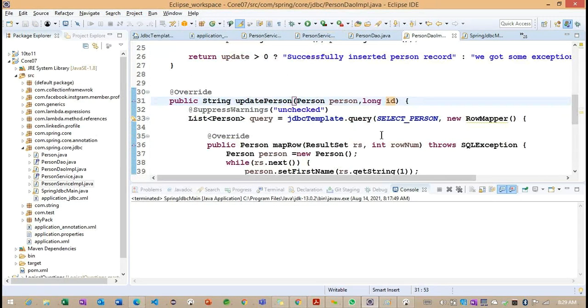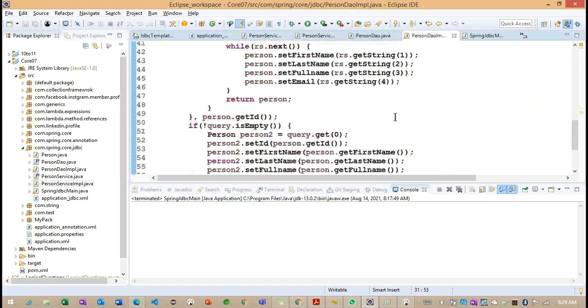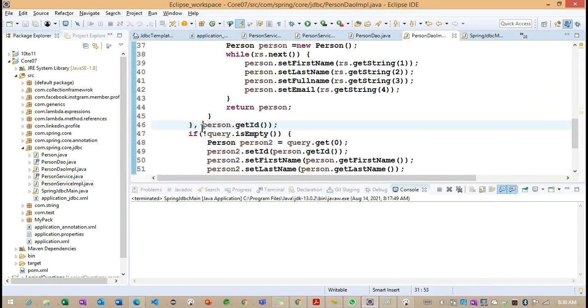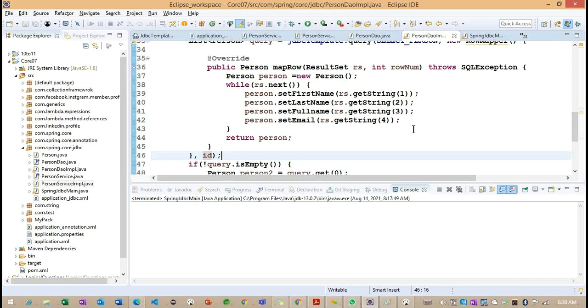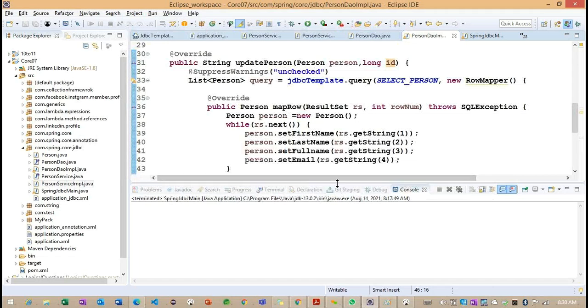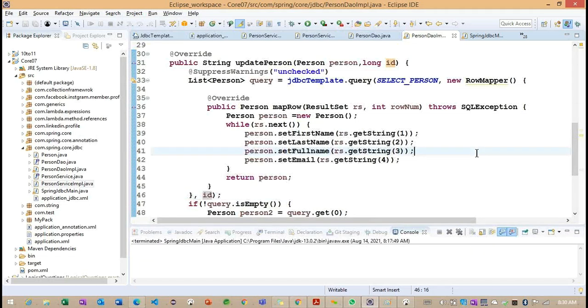Change in all the cases here, and this particular ID I am going to pass. Okay. Now what we are doing here, we are trying to update the record here.